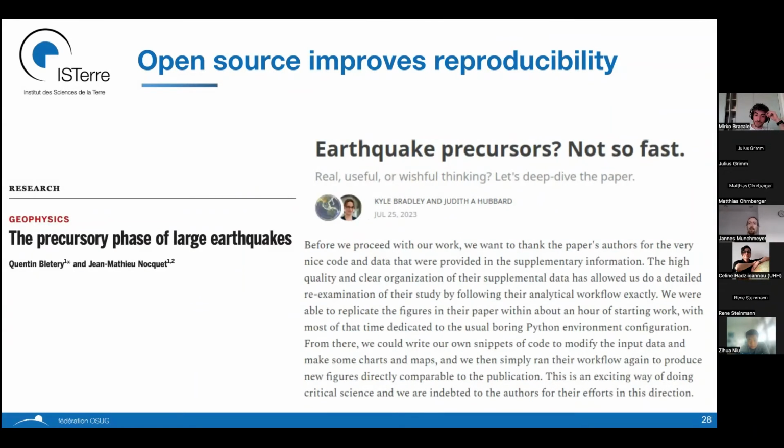I don't want to take a stand on this issue, but what's interesting is what they write in their blog post, which is the statement I put on the bottom right. Before we proceed with our work, we want to thank the paper's author for the very nice code and data that were provided in the supplementary information. The high quality and clear organization of the supplemental data has allowed us to do a detailed re-examination of their study by following their analytical workflow exactly. We were able to replicate the figures in their paper within about an hour of starting work,